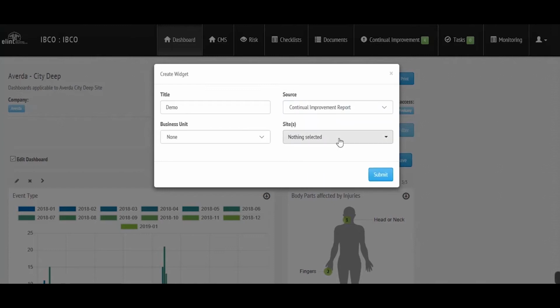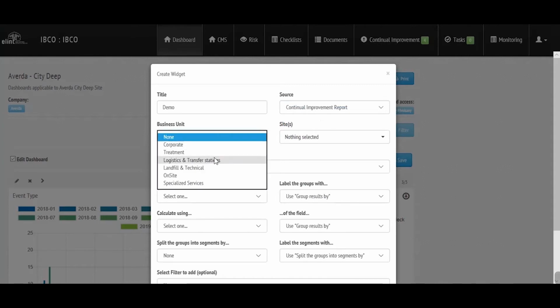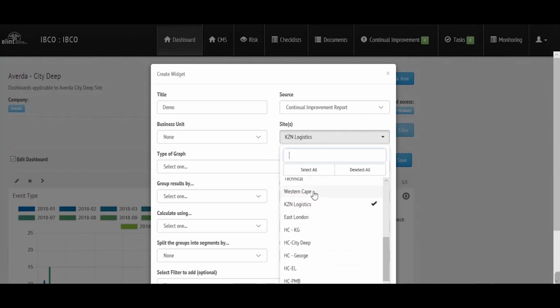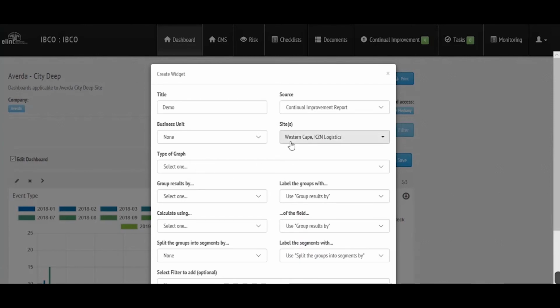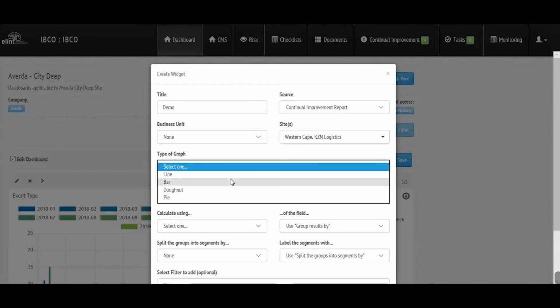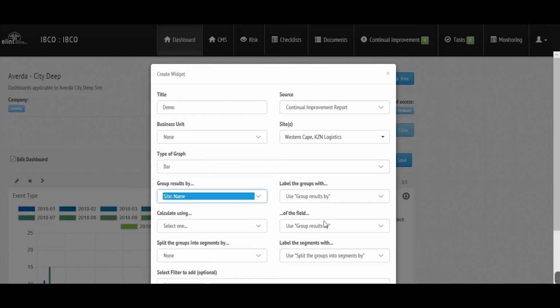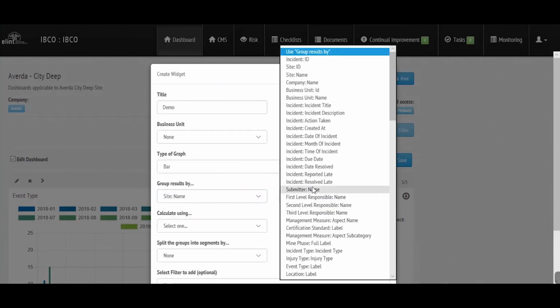So if we just go to continual improvement, just to give you an example or a feel for what we're looking at, let's just go and see if we can give you an example. Take 2 sites. You can have multiple sites or just one site. You can have your BU compared. Take a bar graph. Let's say we want it per site name, and we want to see